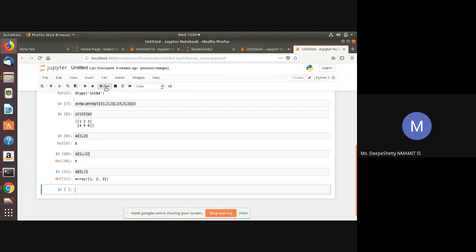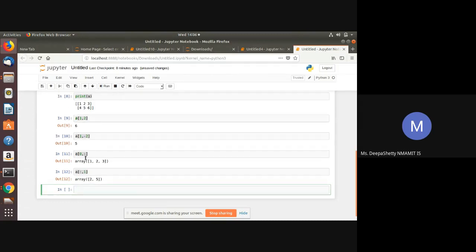It will access all the elements in the 0th row. Similarly, if we want to access all the elements of a particular column, it is colon followed by the column index. So this will access all the elements present in the first column, which is 2, 5.